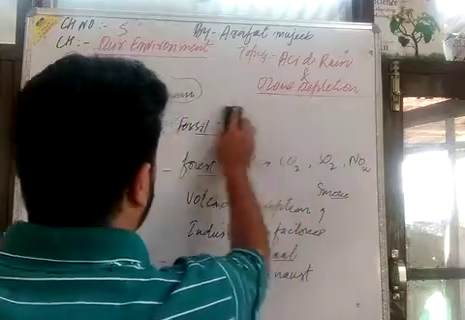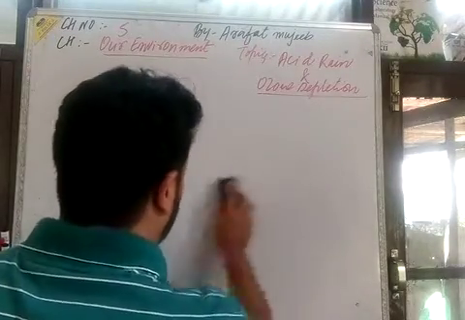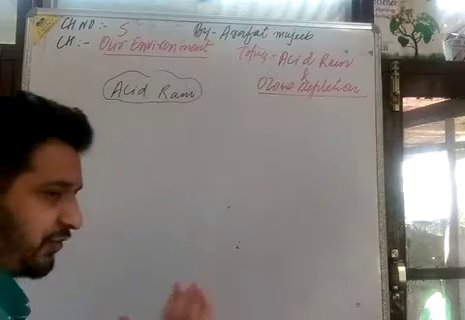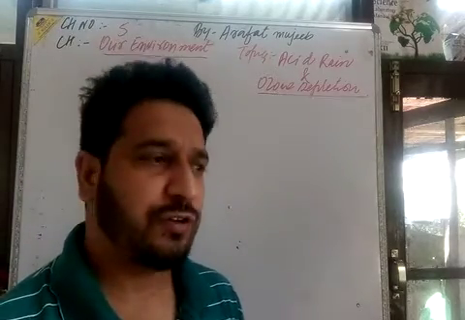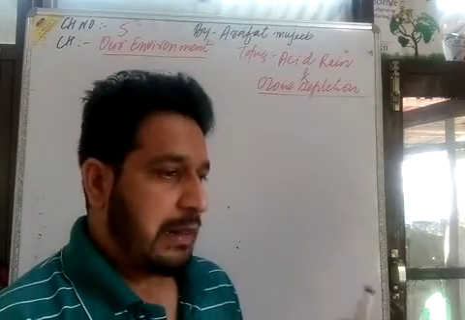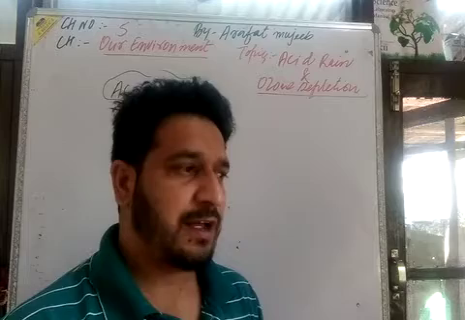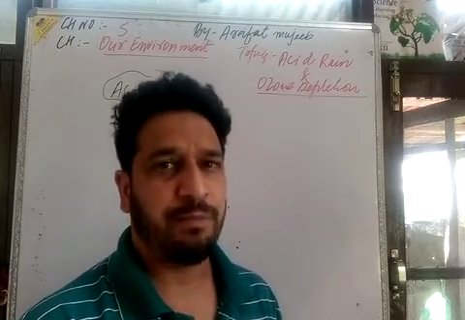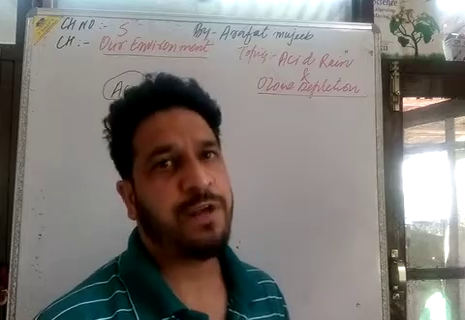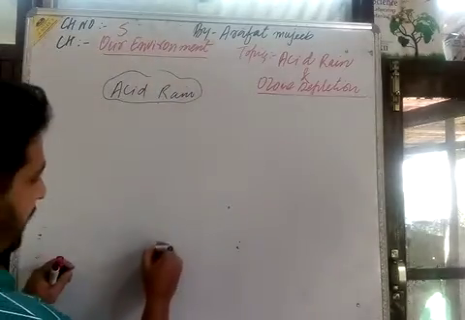We have seen that the developed countries, which have large-scale industries and factories, are responsible for causing acid rain there. Then there are the adverse impacts of acid rain on the non-living components as well as the living components of the environment. How does acid rain take place? If we take the source,